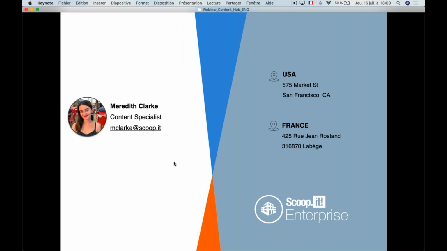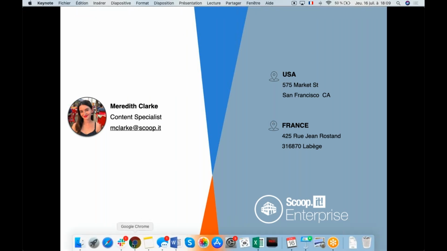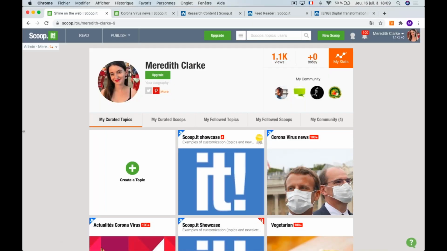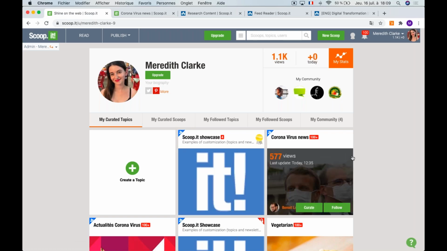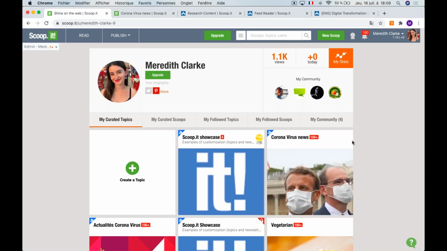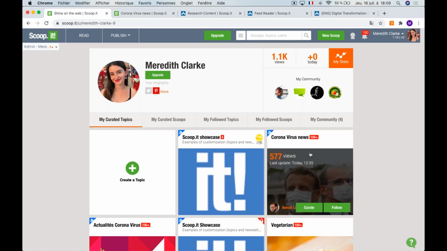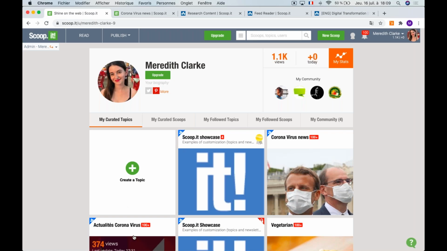So in the second part of this presentation, we'd like to mainly go over the tool of Scoopit, kind of give you a feel of how to use Scoopit to the fullest for you. So here you have your dashboard, which displays your various topics that you've created. So we created coronavirus-based topics during the pandemic, one in English and one in French.